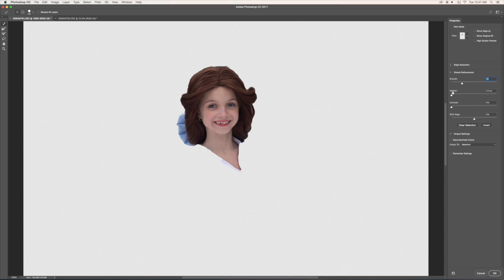I very rarely use feather unless I'm doing animals, like fur. That is helpful. Contrast I also never use, but shift edge I usually like to bring it down, especially if you're doing skin like bare arms. I don't think in this case it matters too much, but we are now going to output to, which is at the bottom of these sliders, new layer with layer mask,